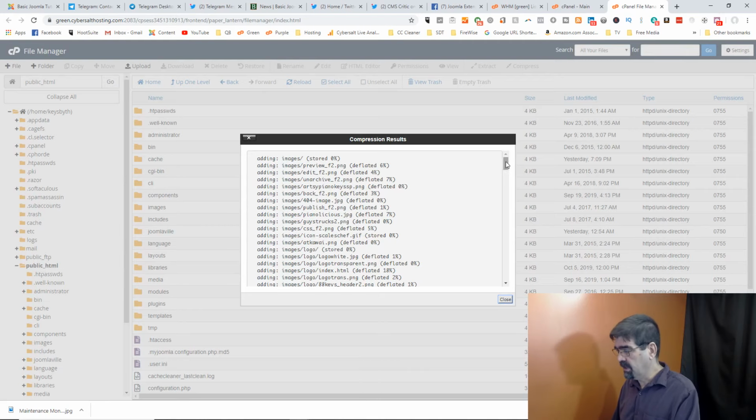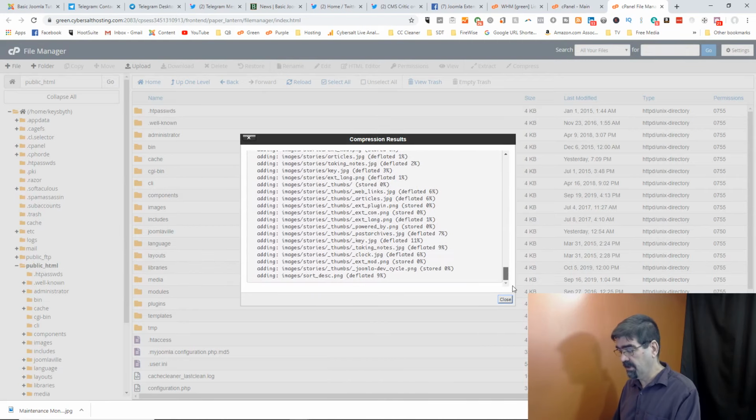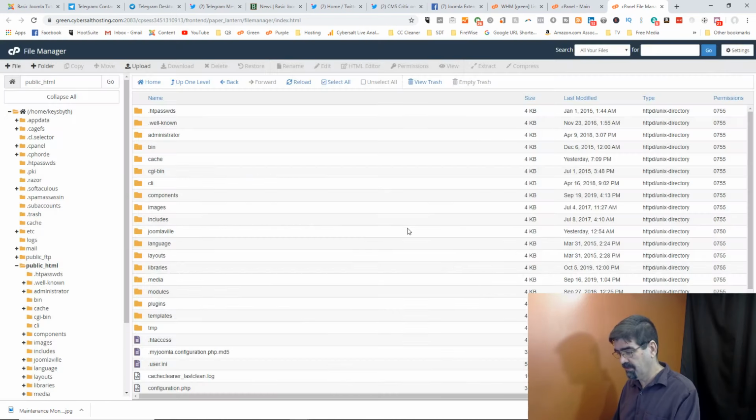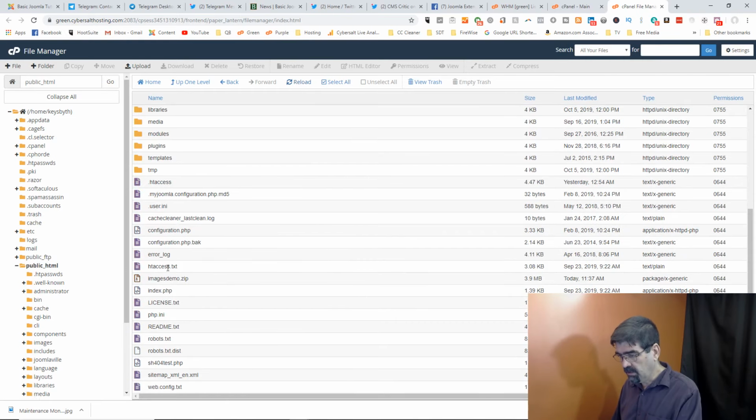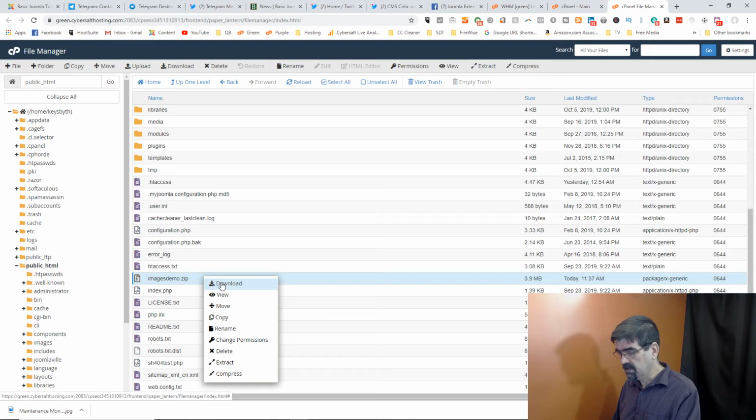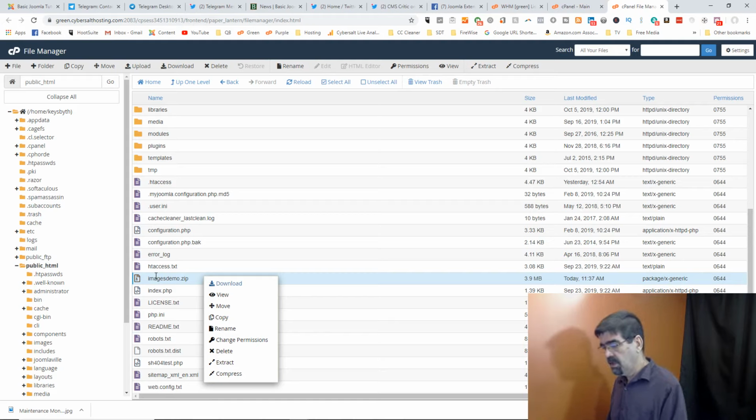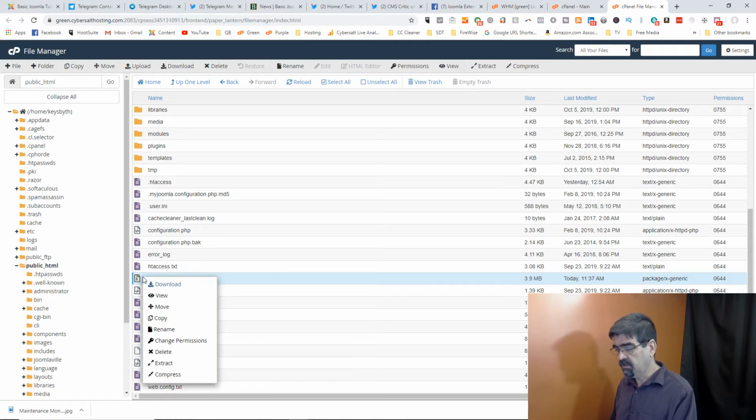Now, I didn't have a lot of images in here, and honestly, my new server is really crazy fast. It's nice. I'm going to reload. Oh, it was there. And so now you end up with this zip file. It's 3.9 megabytes. You can now just download that to your computer, and then you can upload that to the other location, to another server, and then all you have to do is